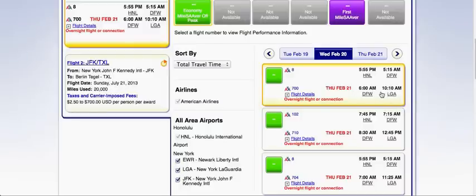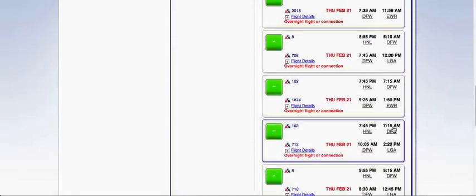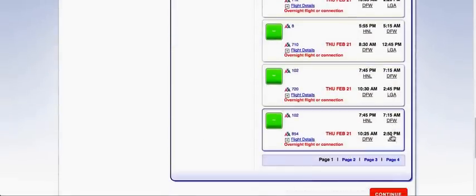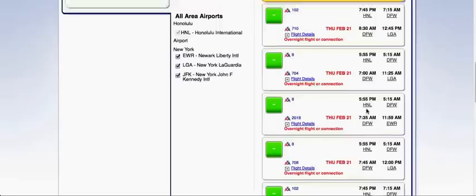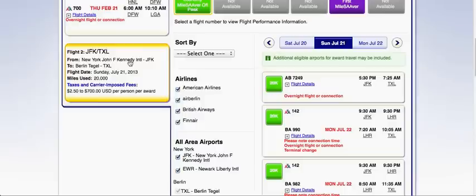Remember that I typed in the city code NYC, so we're seeing LaGuardia results, we're seeing Newark results. There are some JFK results. Here's one. And it doesn't matter which of those three airports we fly into. We can fly out of JFK at a later date, no problem, because all three New York City area airports are considered co-terminal. So I'll just select the shortest flight, and then I'll go over here,